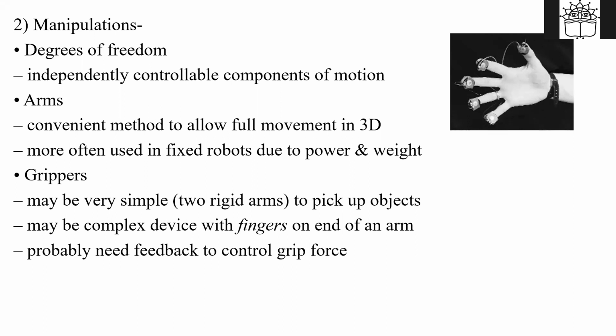Now see, in agricultural uses, even if you want to take out a strawberry fruit, you can use robots, right? That strawberry fruit is very delicate, so you need to apply apt pressure, apt force. If the force is large, what will happen? That fruit may get damaged. So there you need to have a feedback control system, right?